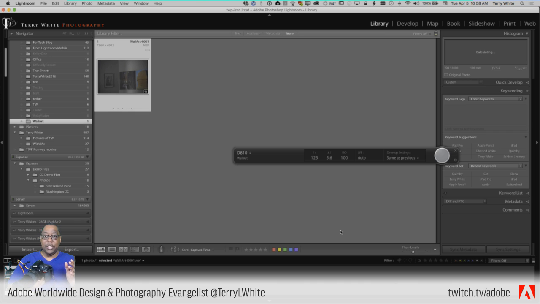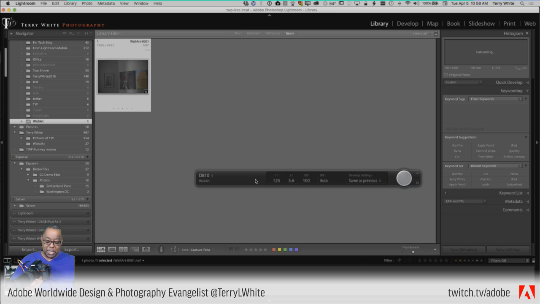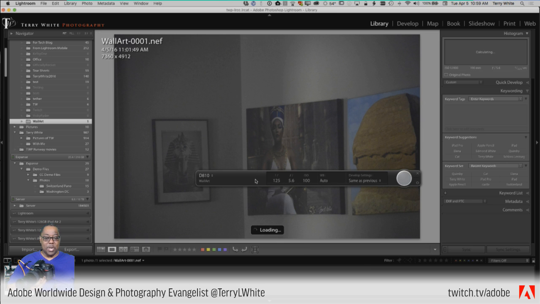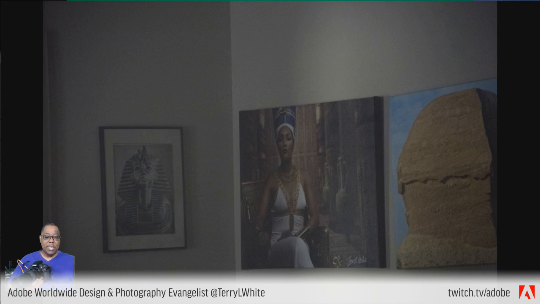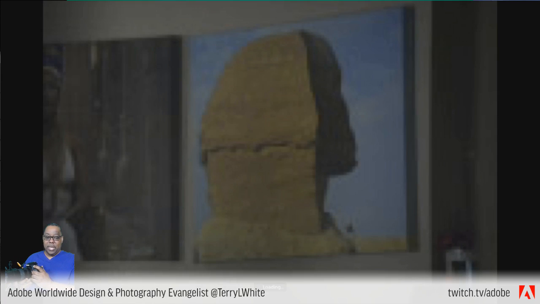Now, one of the hidden gems, and this will be the last one, notice the control bars there. Normally what I would have told people to do is, even if you're going to look at this in loupe view, turn that control bar off because it's in the way. So you would have hit Command T or Control T on Windows to get rid of it. Now in Lightroom CC, I can just go full screen, and when I go full screen, it automatically gets rid of it. So dark over there, I can't even find anything to focus on. All right, but that will bring in my next shot. And there we go. It brings in the next shot, and I don't have to worry about that control bar.